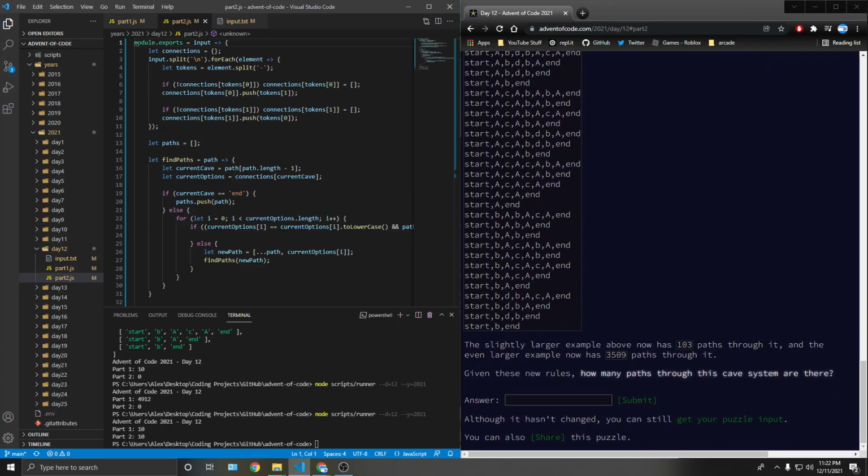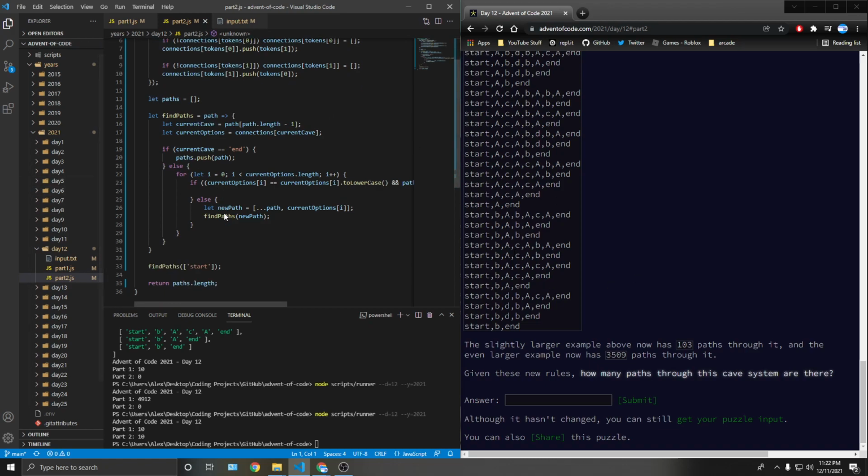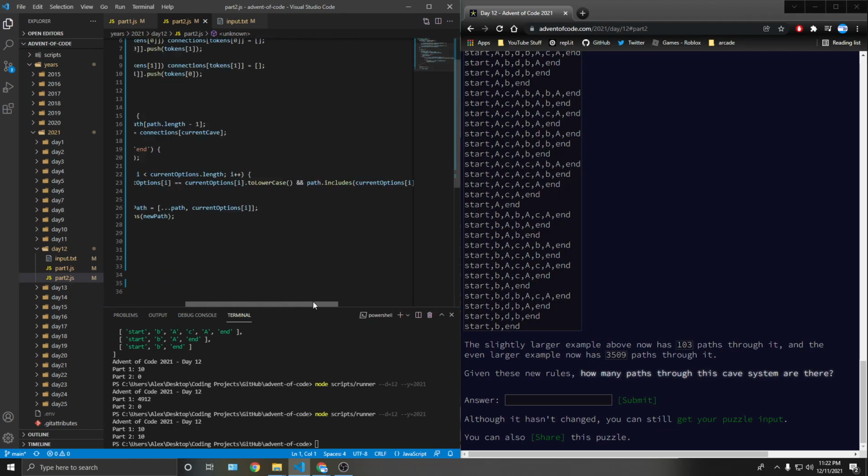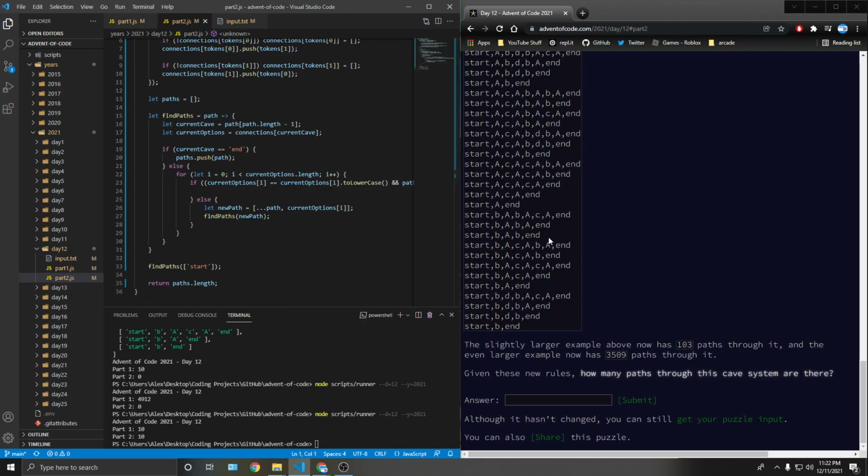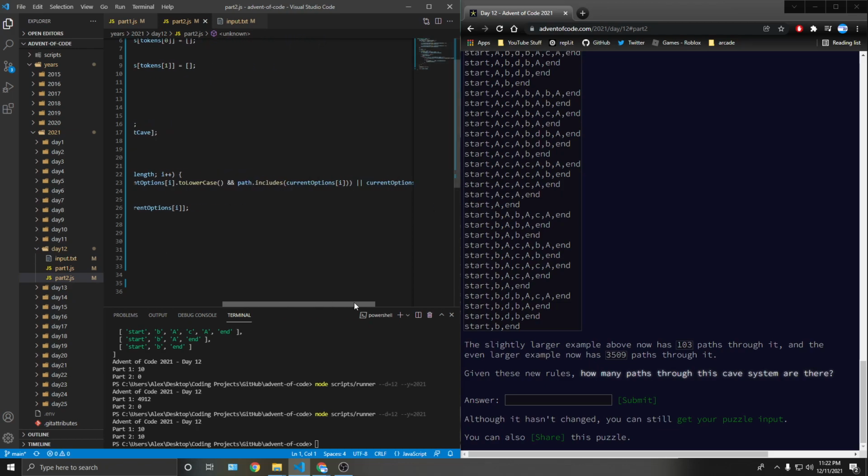Which allows D to be in the case. So let's do it. Okay, so for that to happen, we need to be able to detect how many caves we can do that in. So seeing it now, so this is the case